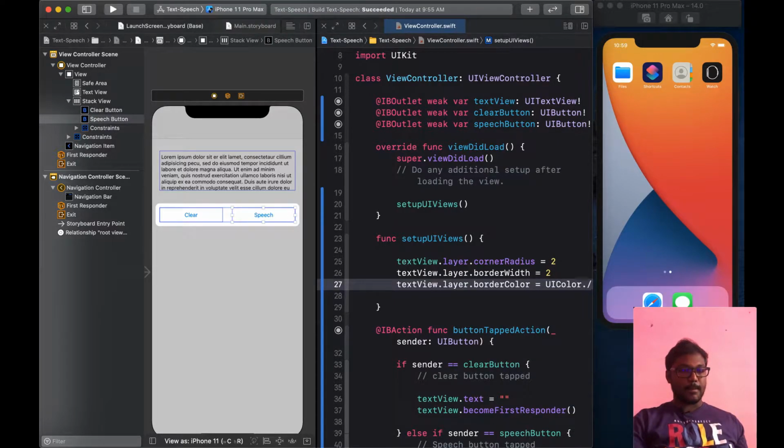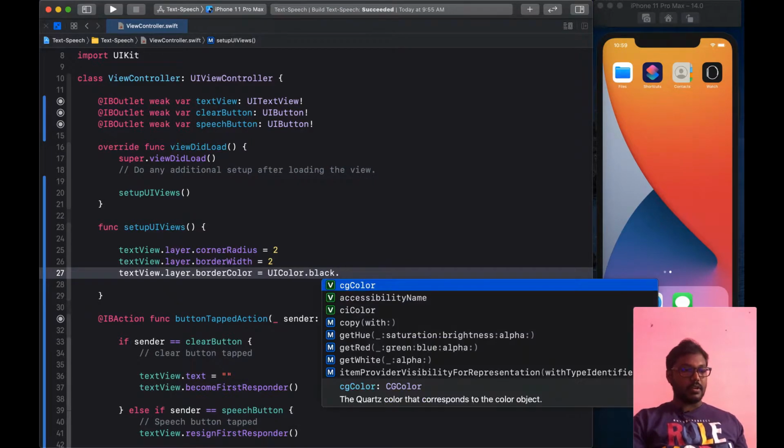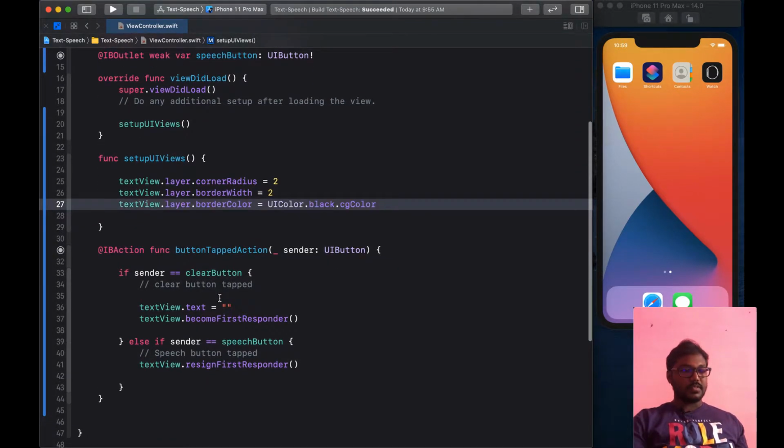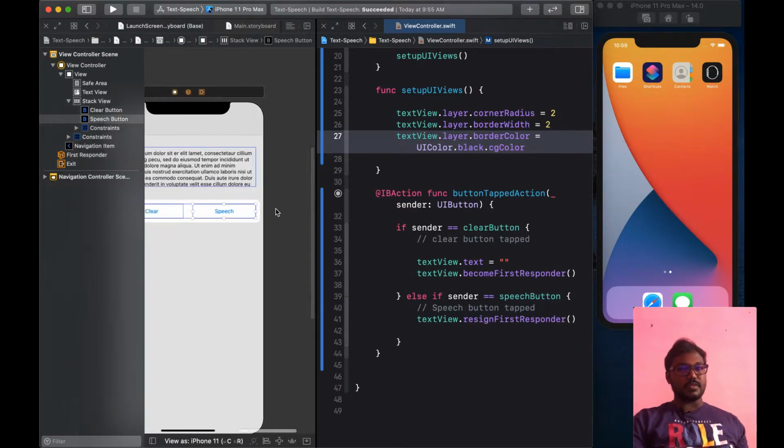Border color, now UIColor.black.cgColor. Then only we can highlight the text view in our view controller, because our view controller is white as well as the text view is also white.